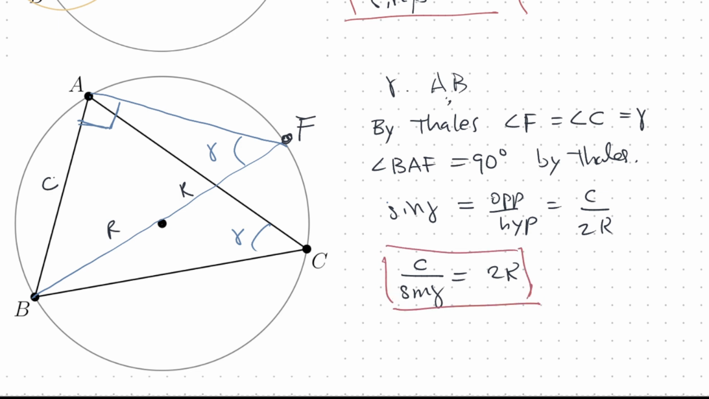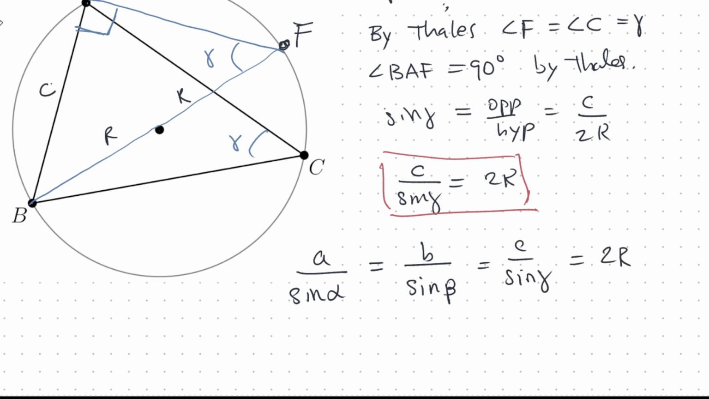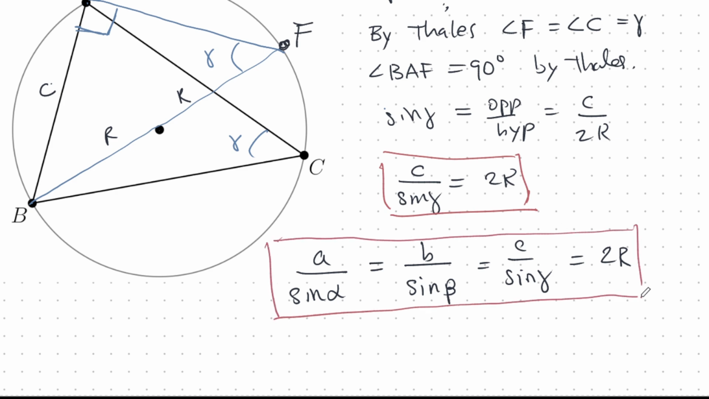So let's connect them all together. We have A over sine alpha, this is what we found, equals B over sine beta, and this is C over sine gamma, and that's 2R. So you think, well, we're done. Well, yes, conceptually we're done. This is true. However,